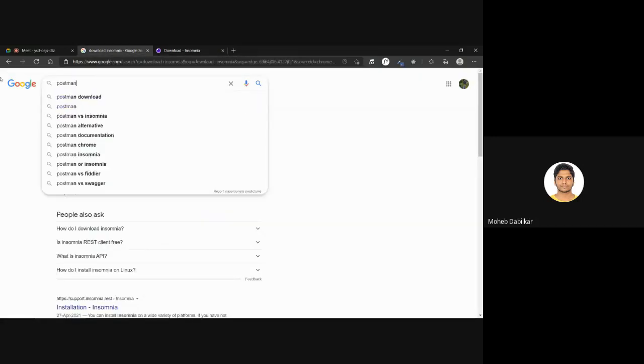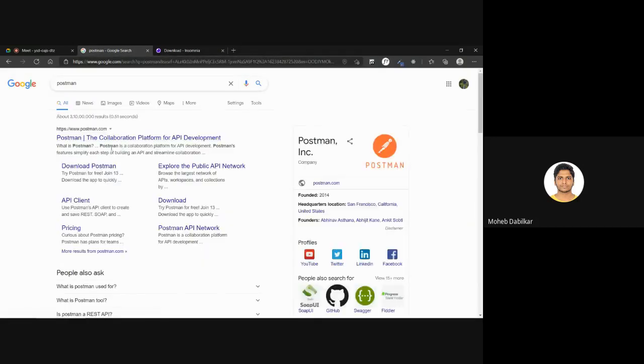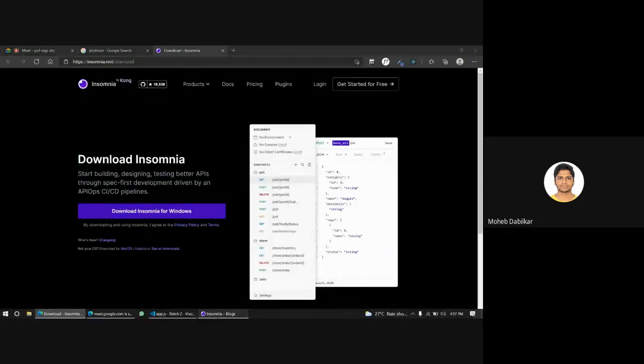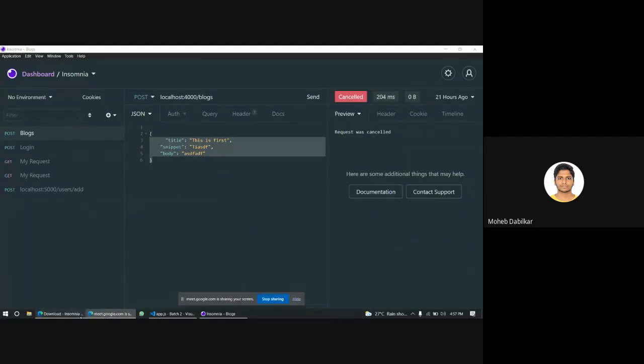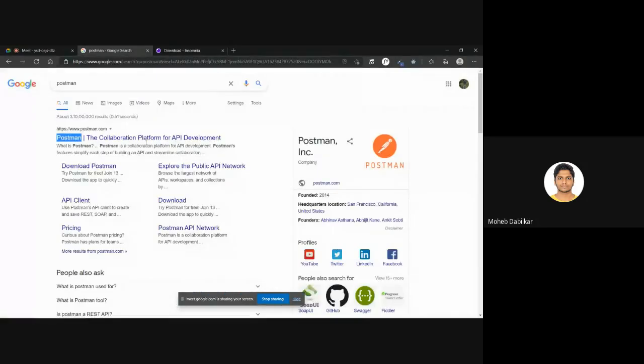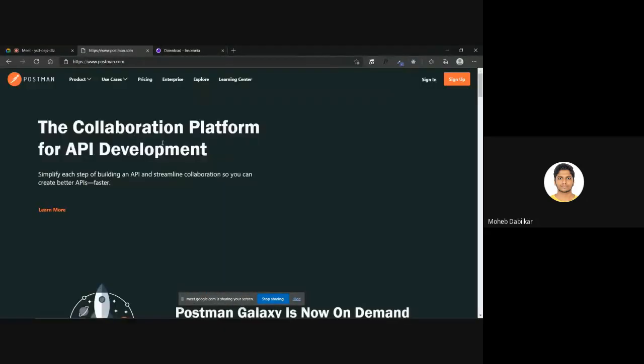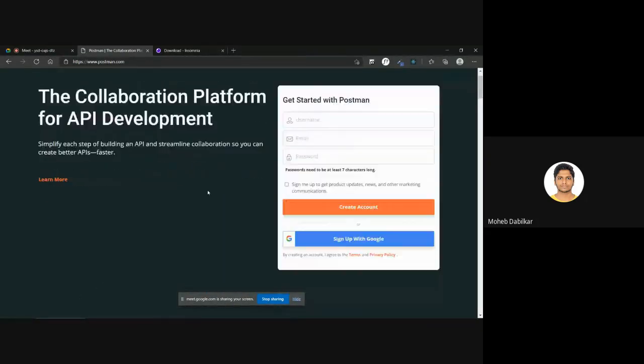And there is something called Postman also. Postman you can use, but I prefer Insomnia because it has a far better UI and also allows us to do a lot of things you want. But the plus point about Postman is you can use it directly inside the browser.